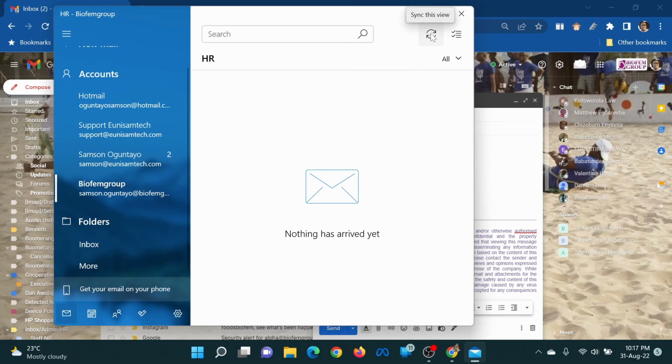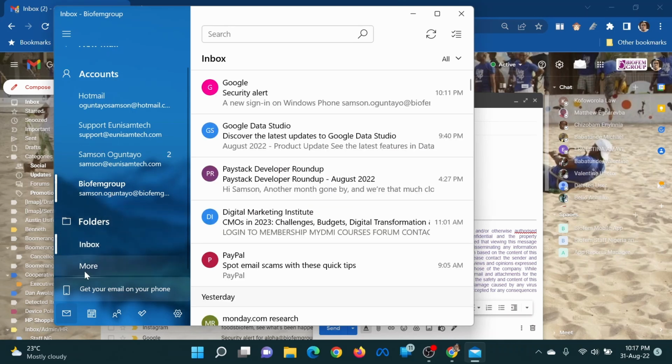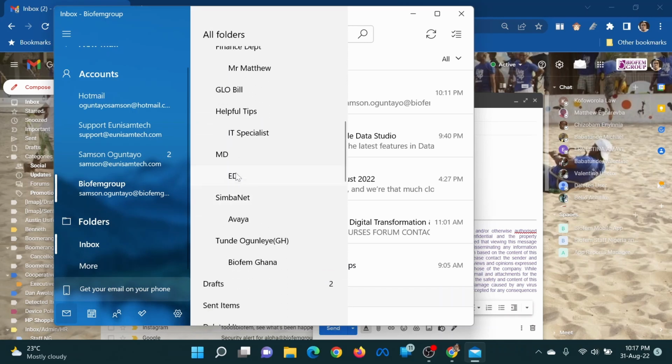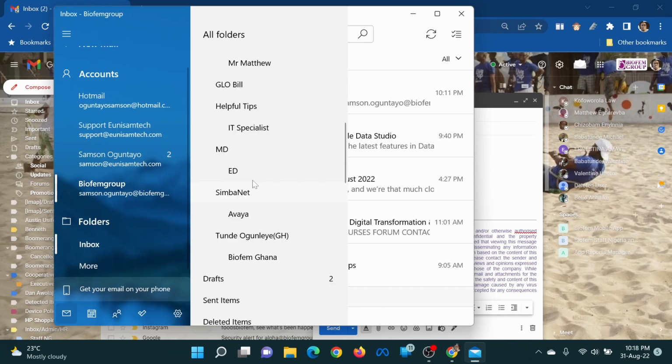Like I said, you need internet and you need a lot of data because you're downloading huge emails and attachments of so many years. So you click on sync and you hold on. If it keeps showing you this, maybe you don't have an email, or perhaps your internet is not strong enough in that folder. So you have to click on all these one after the other